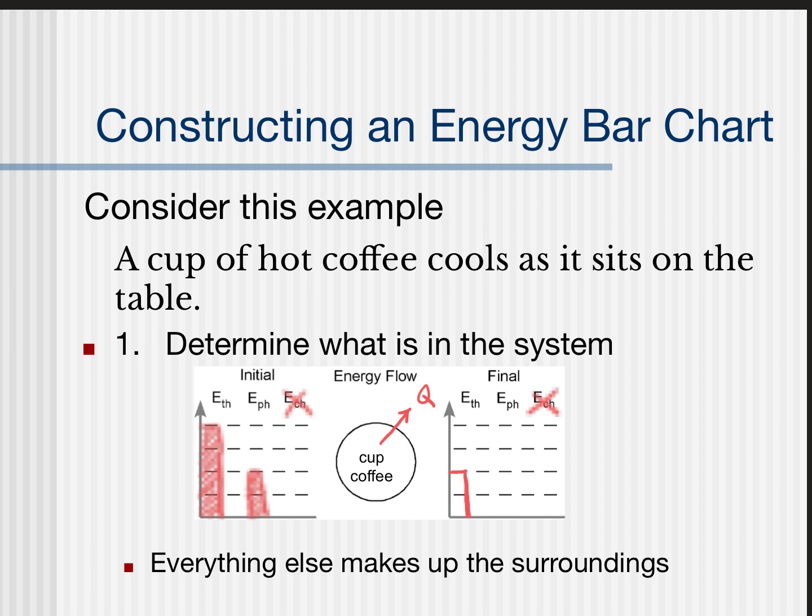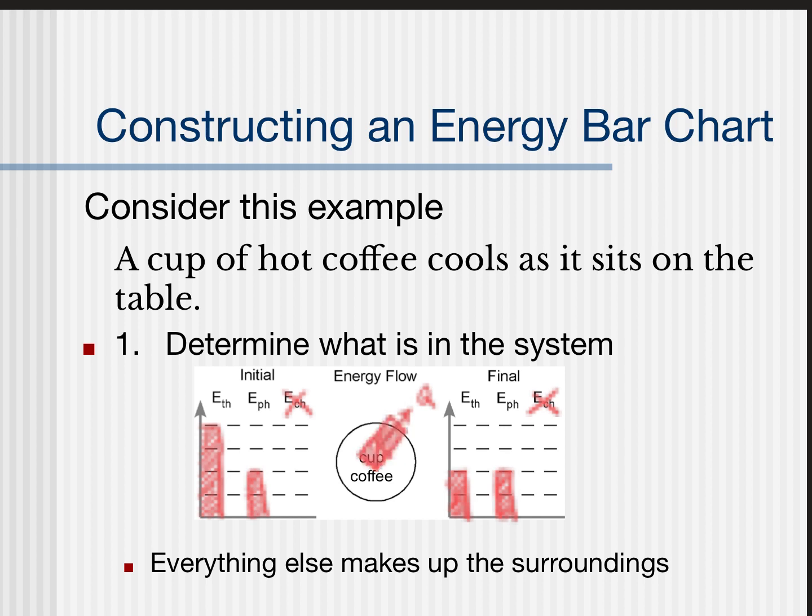And I'm just going to go ahead and draw ETH using only 2 bars. The phase has not changed, so I'm going to stick with 2 bars for the liquid phase. Okay, now you can see that we started with more thermal energy, and then we lost thermal energy. Okay, energy cannot be created or destroyed, so I am going to draw 2 bars of energy being lost